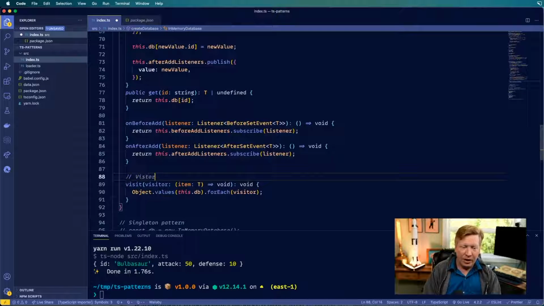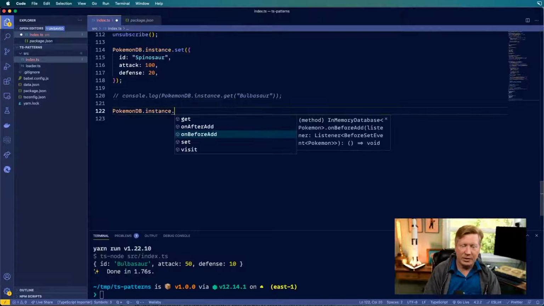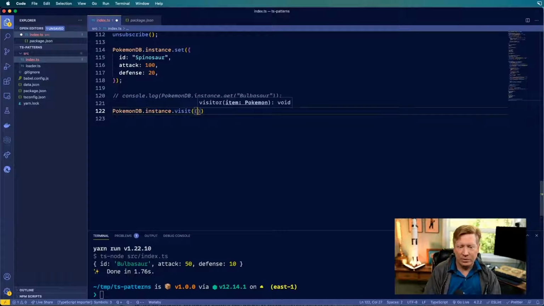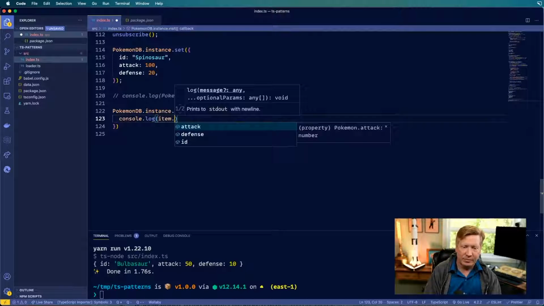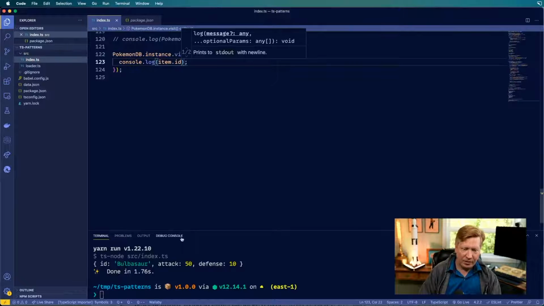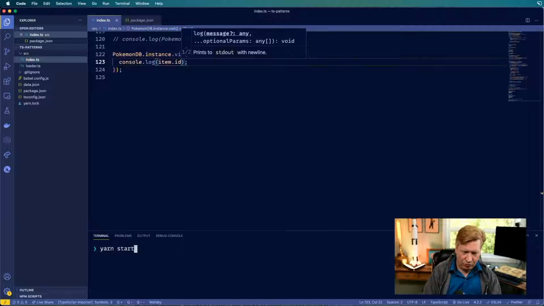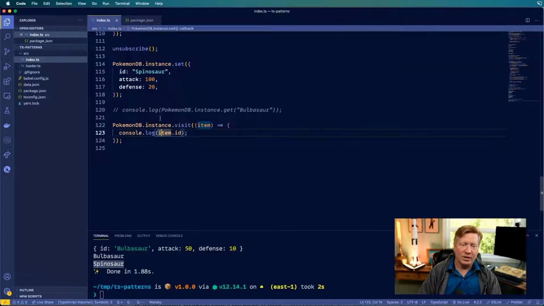All right, let's go try out our visitor pattern. So let's go down here to our Singleton instance of PokemonDB, and then we will visit each one of those and put out its name. How about that? Cool. So let's run it again. Nice. So now in the database, we've got the Bulbasaur and we got the Spinosaur,